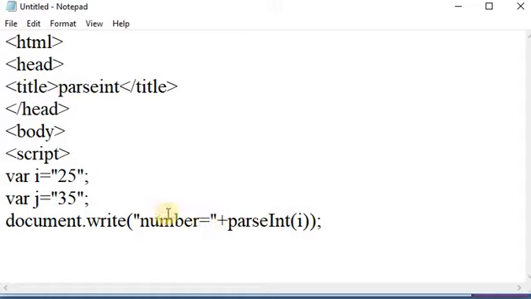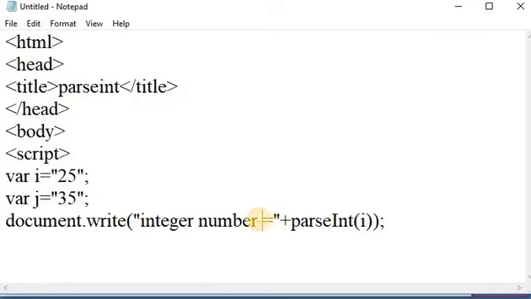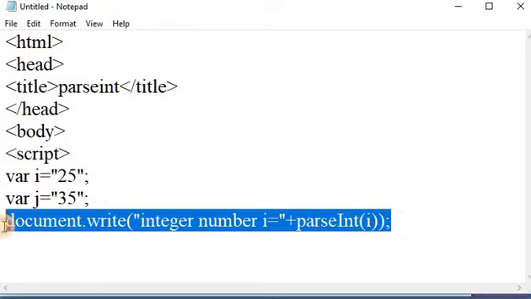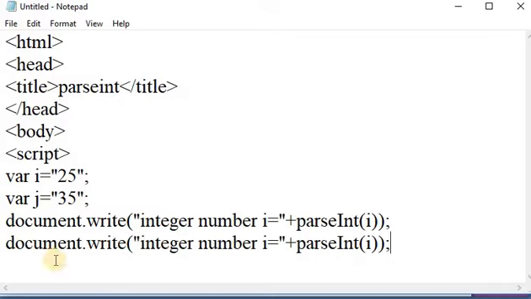Here I am taking an integer number, i is equal to parseInt i. Here again, I am copying the same line and again printing integer j is equal to parseInt j, and close the script tag.